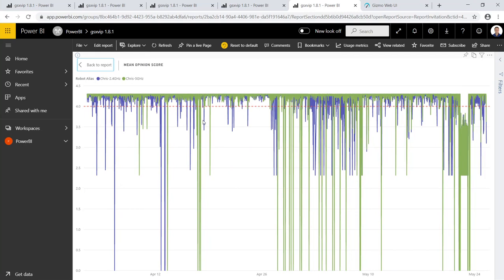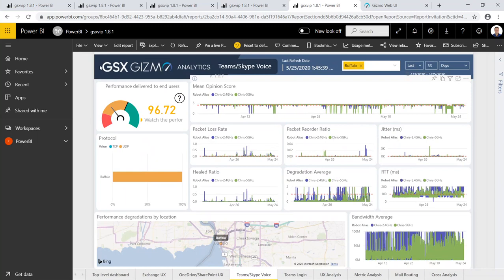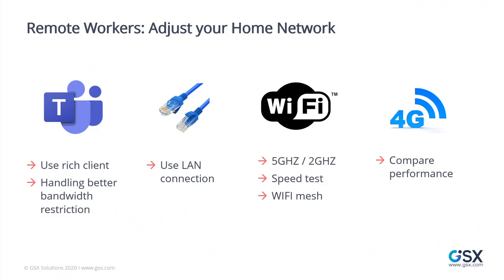But overall, the 5G provides a better experience because again, the higher you are in MOS, the better you are. So yes, there were some issues there, but it was an issue everywhere in our network. But globally, for Chris, at his home, the 5G is always a bit better and consistently better than the 2.4, and that's very important. It's not only about providing better performance at one point. It's the consistency of this performance that enables workers to really have a good user experience.